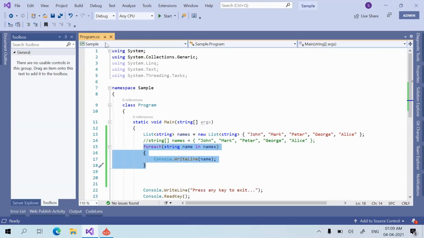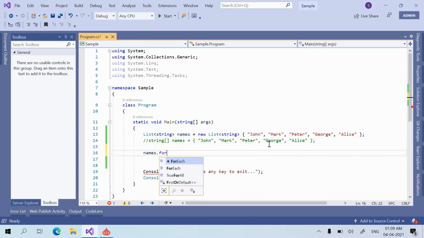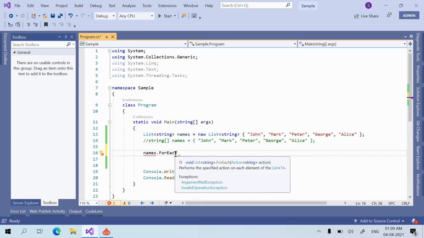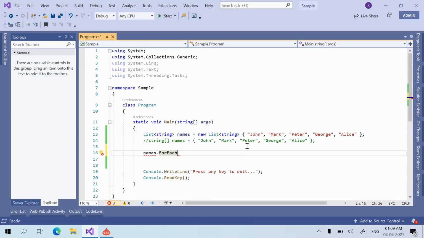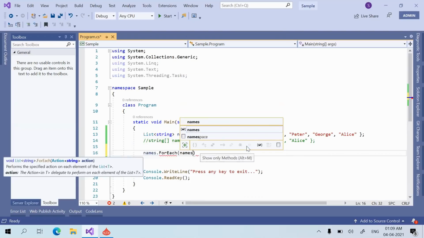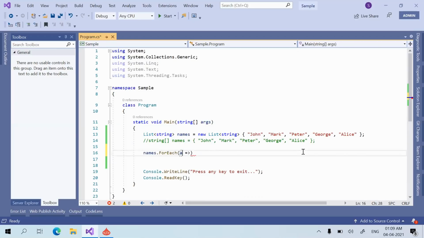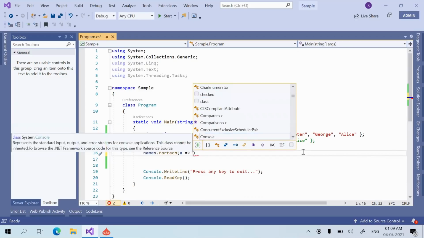I'm just removing this. Now what I'm doing is calling names.ForEach. You can see there is a ForEach method for list elements. Now I can provide a name, or we can provide anything, such as a. If you have just a single statement or a single method, you can provide it like this: